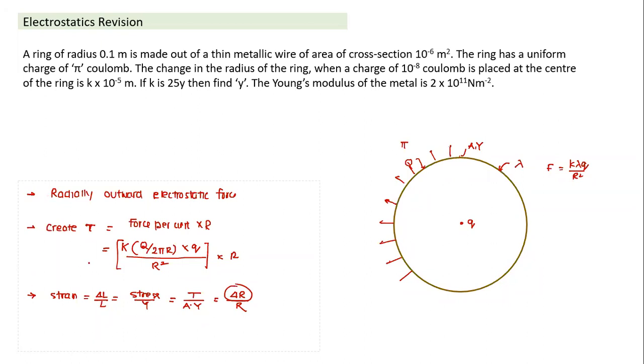Yes, Alan? Sir, there will be repulsion between the charges on the ring. Yeah, very good question. I am happy that you asked that question. See, even before this charge was placed, was there some tension in the ring? Yes, there was already some tension in the ring, and the original dimension of the ring had already changed. We are not asking what change has happened because of the tension; a charge Q is given to the ring. We are talking about the change in the radius. Do you understand now? Yes, sir. Your question is very correct. Initially, it had some radius. When we give charge, even then tension will develop. That tension is not easy to calculate. So there was already a tension. We are talking about the increase in tension, delta T.